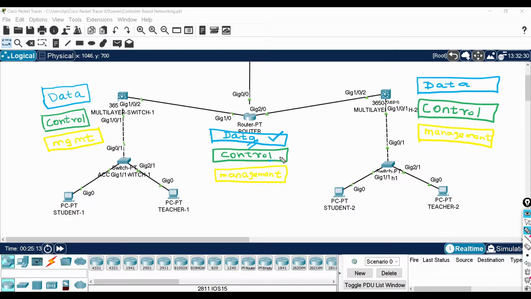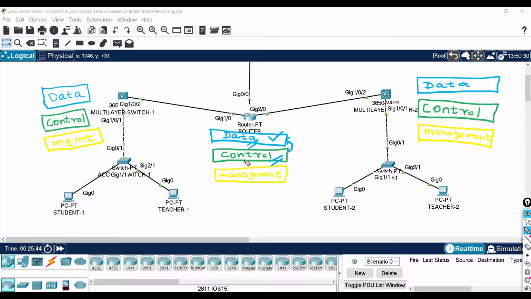And the control plane, the name itself indicates it controls the data plane like a driver. I'll tell you an example. The data plane is responsible for packet flow, and the control plane is responsible for address learning. I'm just giving an example.